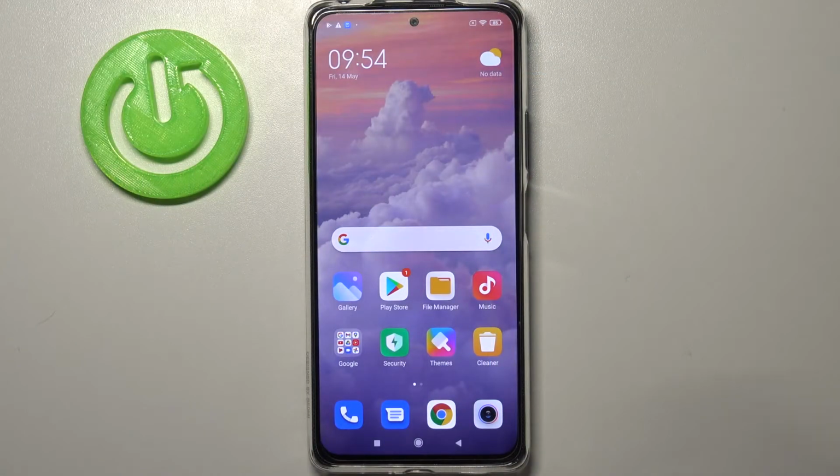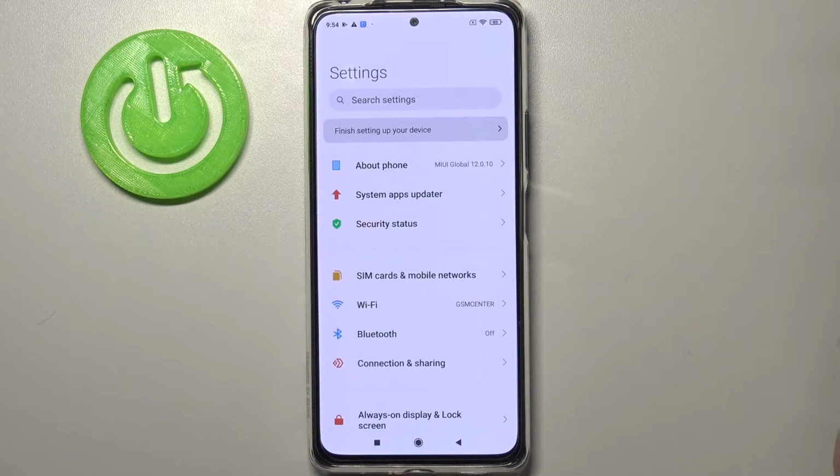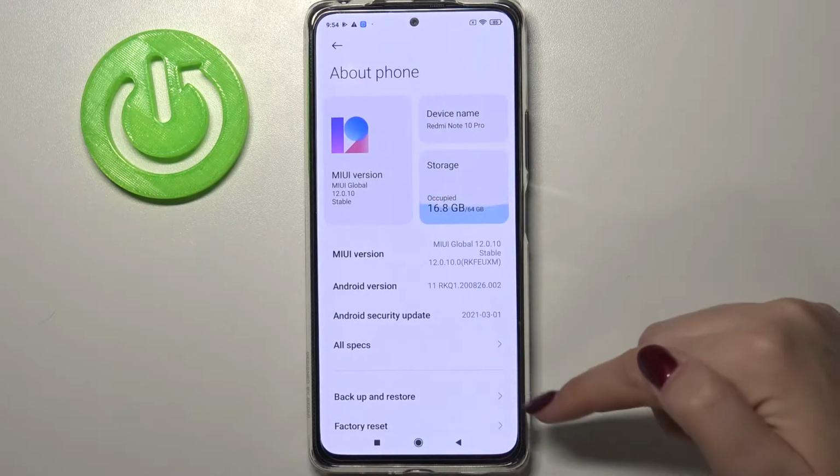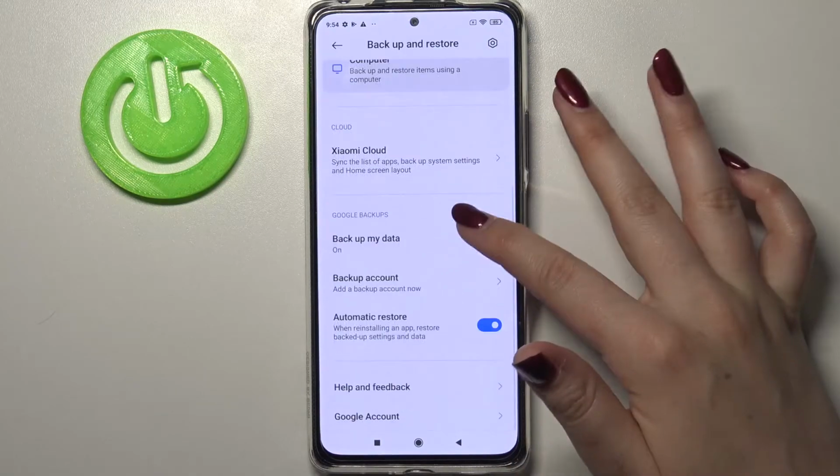Hi everyone, here we've got Redmi Note 10 Pro and let me share with you how to enable Google Backup on this device. So first of all we have to find and open the settings, and now let's go to the very top of the list and tap on About Phone. Here we've got Backup and Restore section, so let's tap on it and scroll down in order to find